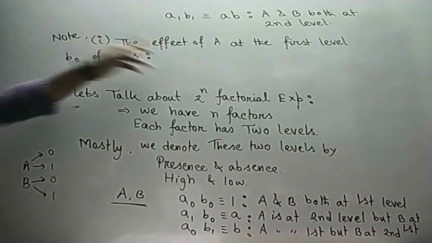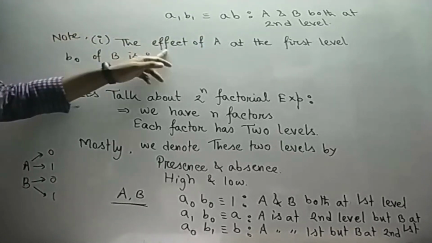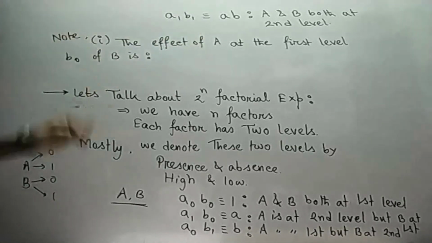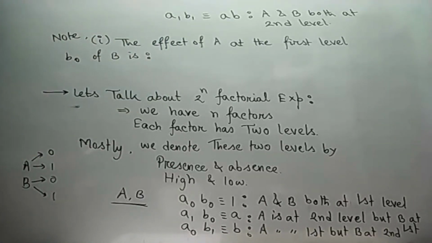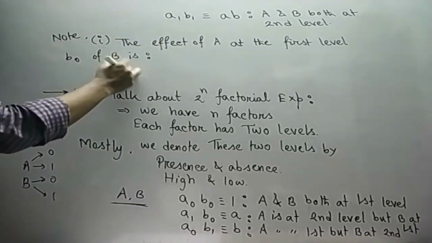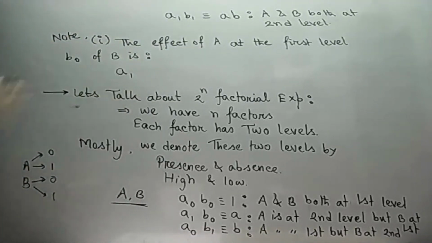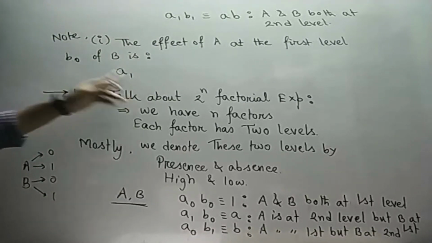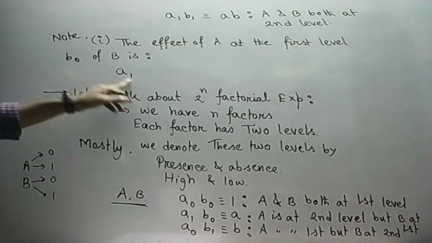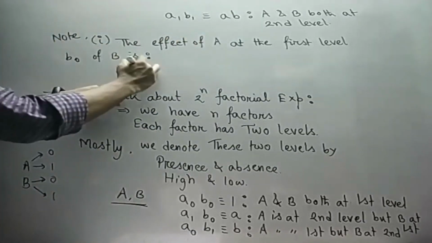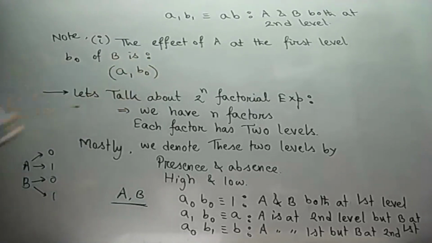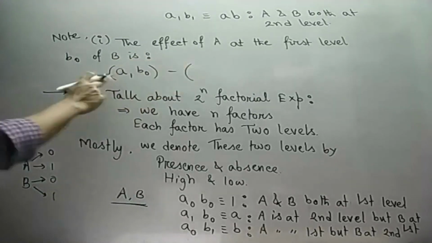Now what does that mean? How can we get the effect of A? The effect of any factor can be evaluated by the presence of that factor minus the absence of that factor. So the effect of A: A1 denotes the presence of A, as the index is 1. So presence of A where B is at the first level, that means B naught, minus absence of A,